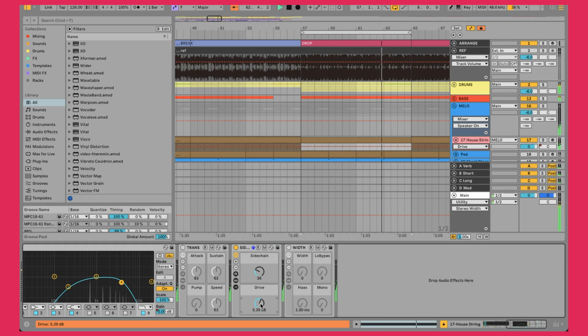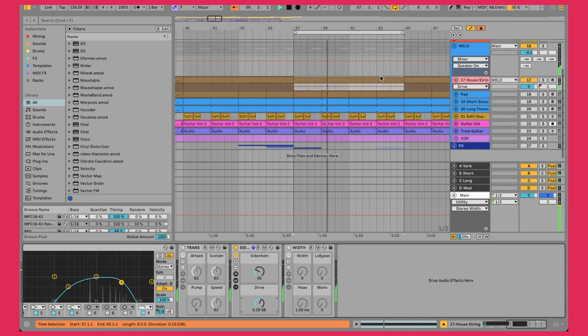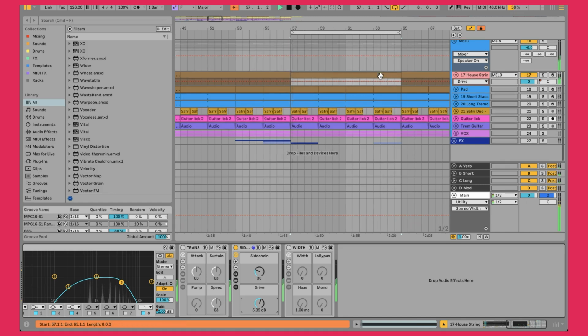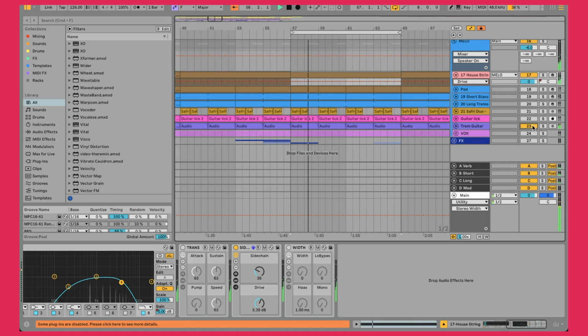And then an Ableton saturation device just mapped to this one knob here again, so that it's kind of filling out the sound a little bit, adding a little bit of grit and texture. The next element that I want to show you that I added, this is not in order. I came back and realized that this house string is not fully sounding like the sustained note there. And so what I added was this right here.